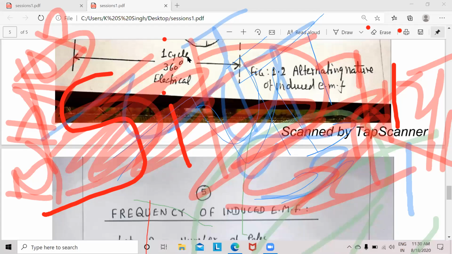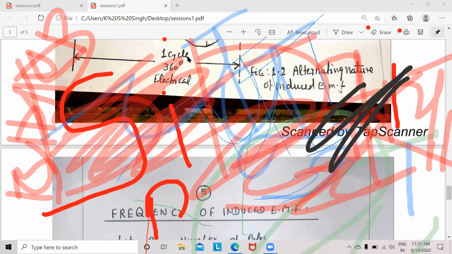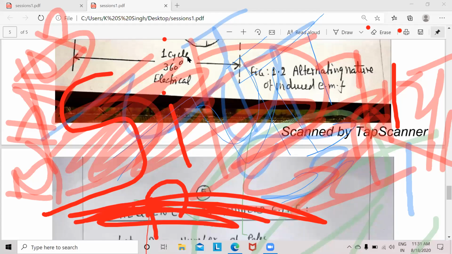Hence the principle of operation of DC generators and DC motors is the same. The principle of operation of DC generators as well as synchronous generators is the same. But the difference between the DC generator and synchronous generator is,